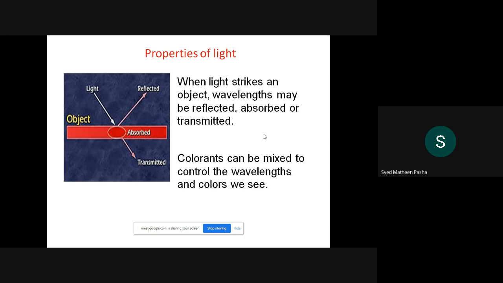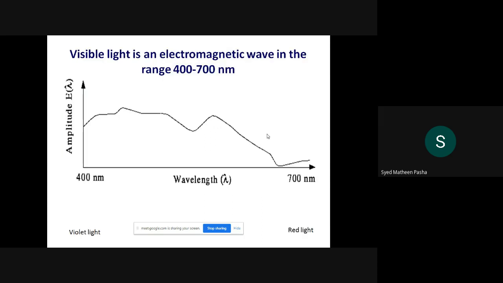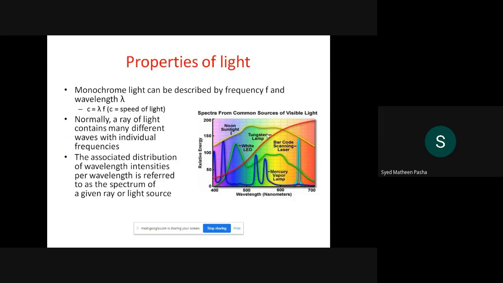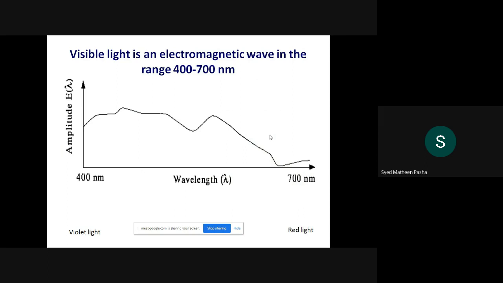Suppose I take combinations of colors such as red and cyan, green and magenta, blue and yellow, which are complementary color pairs, with the help of which you will get different colors as well. So these are some of the properties you need to remember with respect to light here. Then this is the representation where visible light is an electromagnetic wave which consists of a range 400 to 700,